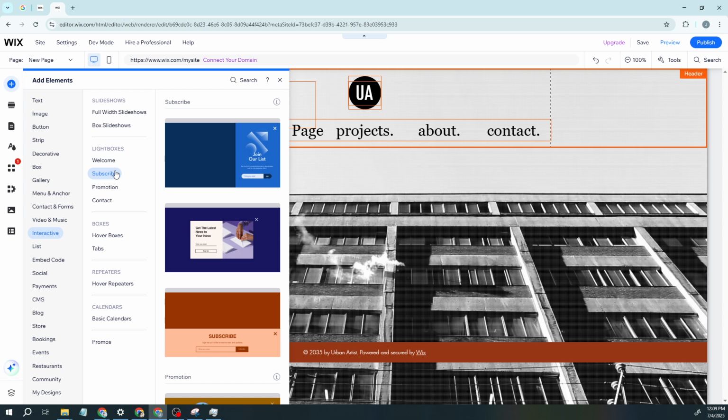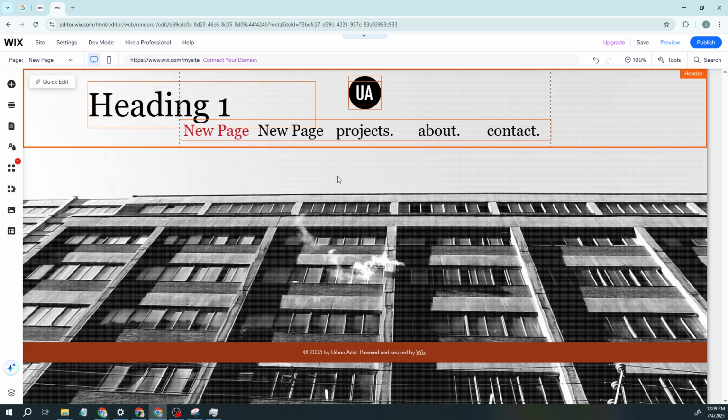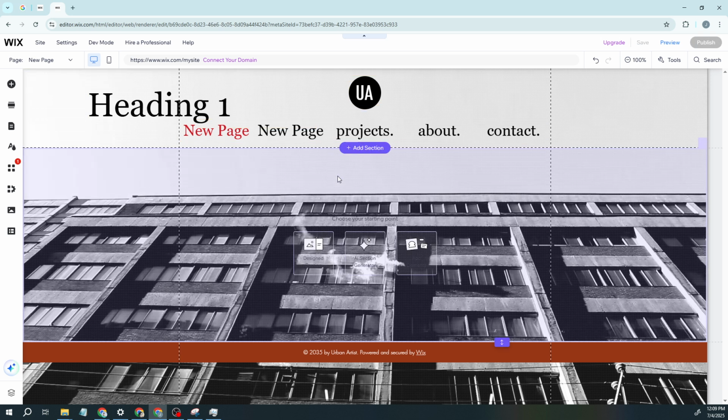Wix provides a selection of pre-designed lightbox templates, each with its unique flair and purpose. Browse through these to find one that suits your vision for the site. Whether you prefer something sleek and minimalist or lively and colorful, Wix has got you covered. Alternatively, if you're feeling creative